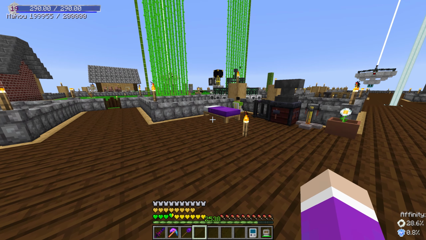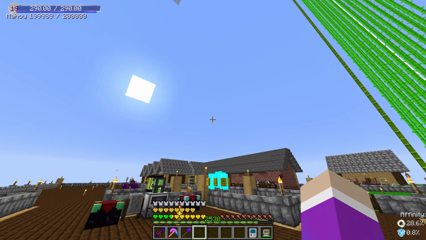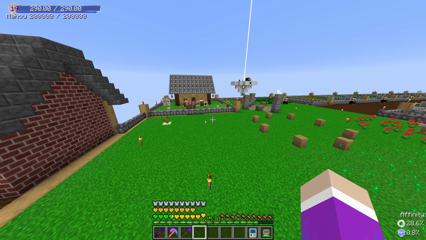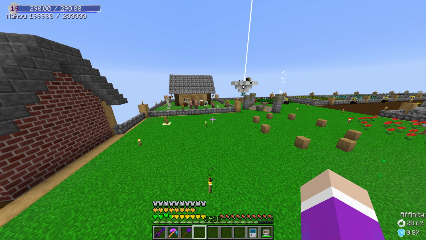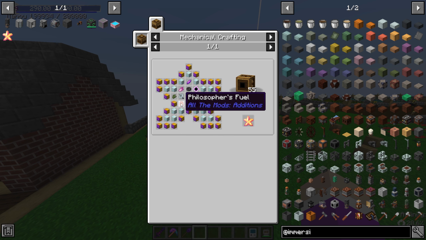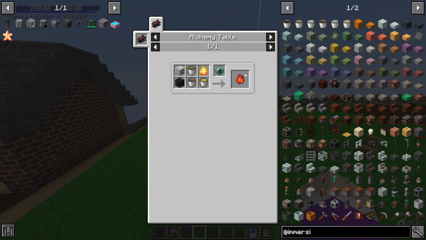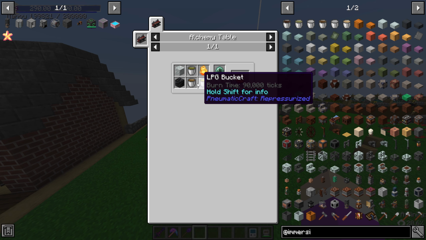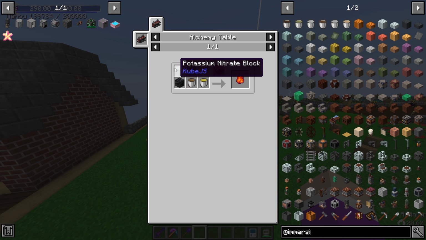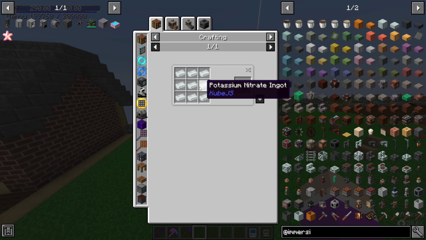Okay, so today we are going to be starting Immersive Engineering and Pneumaticraft because we need to start mining oil and start refining it so we can actually get to work on making this philosopher's fuel from Blood Magic for the ATM Star. So we need to make sulfuric acid, which we already got. We have the mote of fire. We need to make LPG, a bucket of napalm, a block of coca-cola from Thermal Series, and potassium nitrate, which